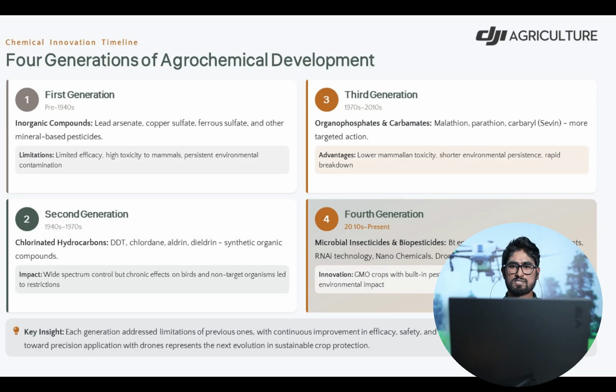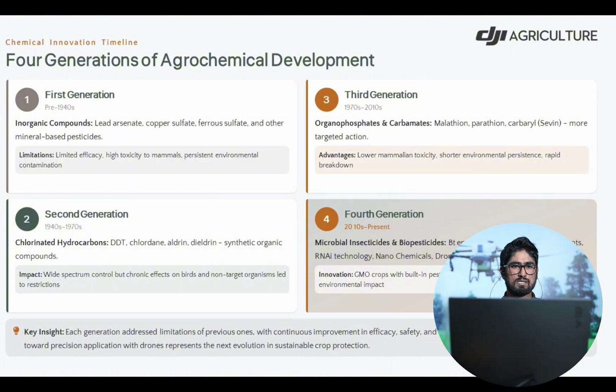Without this type of treatment, we cannot meet our food demands in the future. Each generation addresses the limitations of the previous one, with continuous improvement in efficacy, safety, and environmental compatibility. The trend towards precision application with drones represents the next evolution of sustainable production.